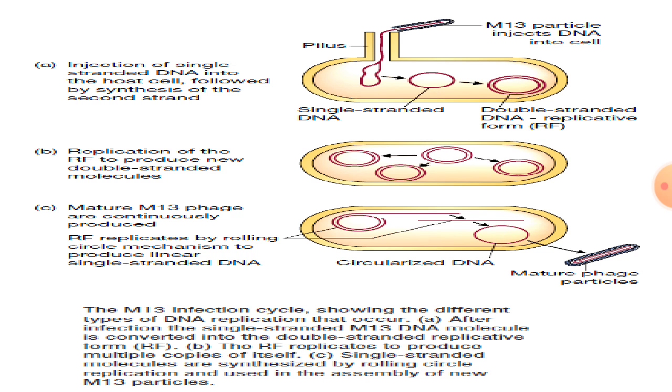We have seen a plasmid is a double-stranded circular DNA which is self-replicating. This double-stranded form of DNA in M13, the replicative form, resembles that of a plasmid, so it can be handled in the same way as a plasmid is handled in genetic engineering experiments, like how the desired gene is inserted into the plasmid. Similarly, this can be handled in that way.